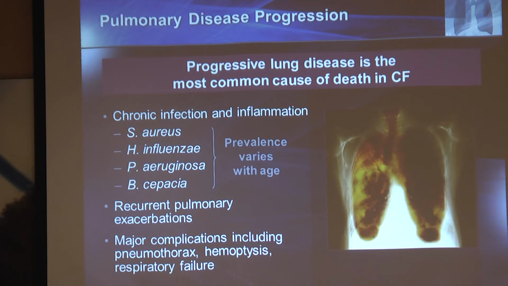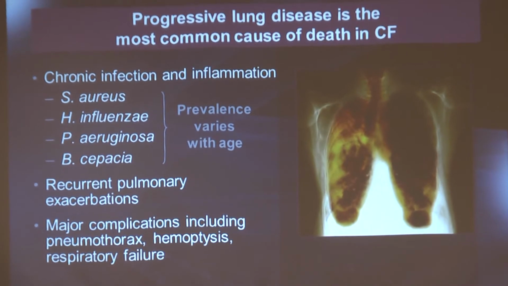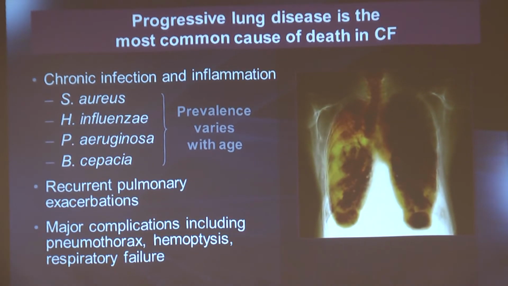Well, in young children, they don't cough up the mucus, so we need to do swabs of the throat to indirectly see what might be down in the lungs. And there have been some studies correlating what you get from a throat swab with what you get directly from a lung, if you're able to go into the lung and put a little salt water in there and draw it out and culture it. And it turns out that the throat swab is a reasonably good predictor of what's going on in the lung. So that, for example, if you have Pseudomonas in the back of the throat, there's a high likelihood that you also have it in your airways, and therefore it would be a good idea to get rid of it, as